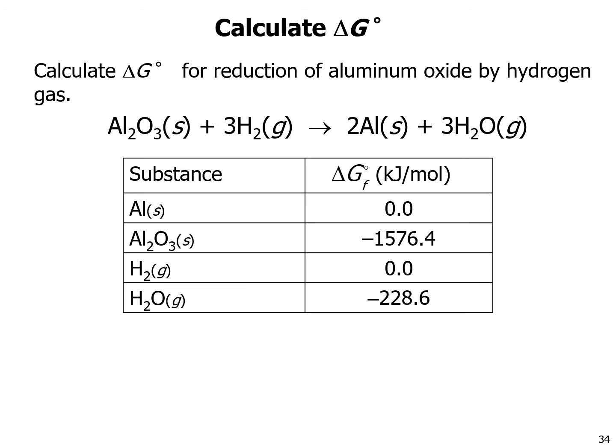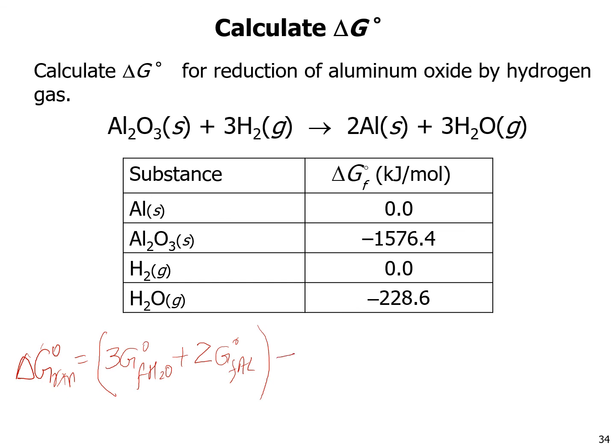How can we figure this out? Based on the same concept, delta G naught for a reaction is going to be delta G naught of products minus reactants. So we'll do sum of products. Products, how many do I have? 3 of water. So 3 times G naught f of water plus 2 times aluminum. Remember the stoichiometric coefficient, 2 times G naught f for aluminum